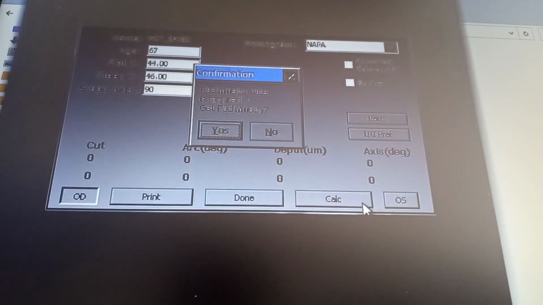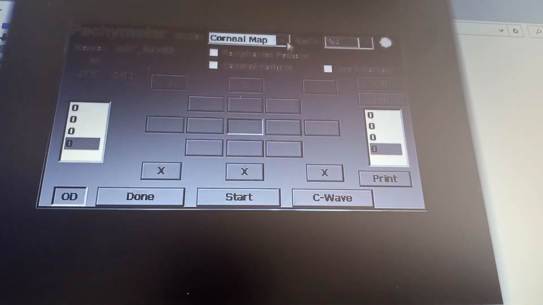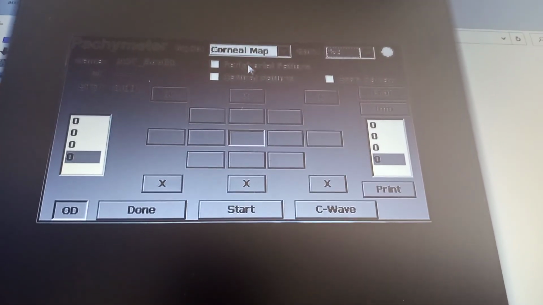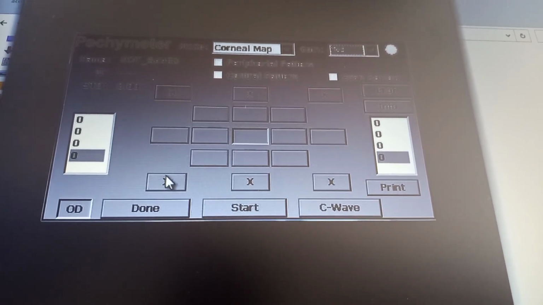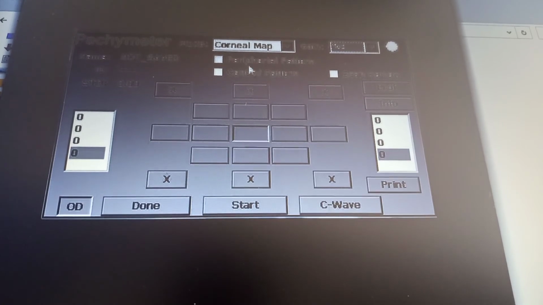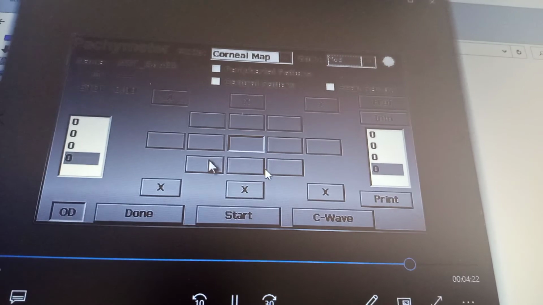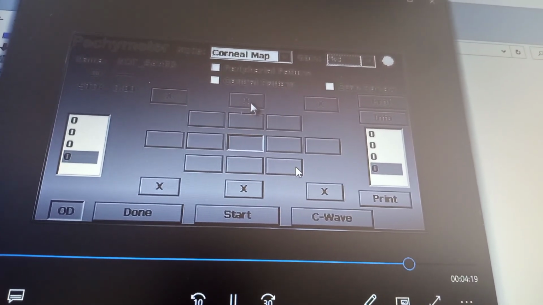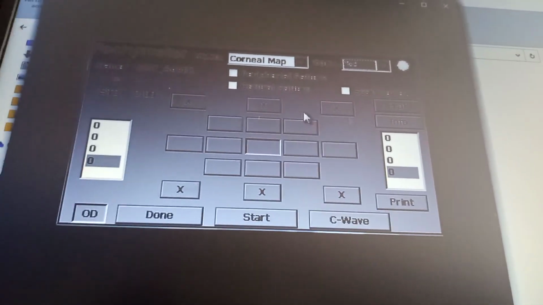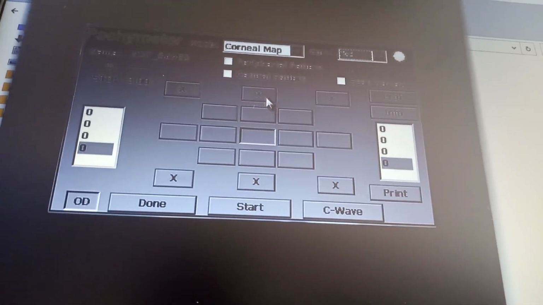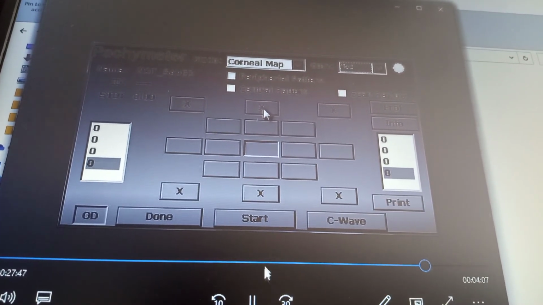The machine is going to ask you to do valid pachymetry, and you have to say yes to that. So it will bring you into the corneal map mode, and it will put an X mark on the locations in the cornea that it would like you to measure. And as I said, along the steep axis and the next corresponding 2 points to it. And you select the location. For example, this would be in the right eye superior and superior nasal, superior temporal, and so on. And then touch the probe to that corresponding position. Now, I usually cut right